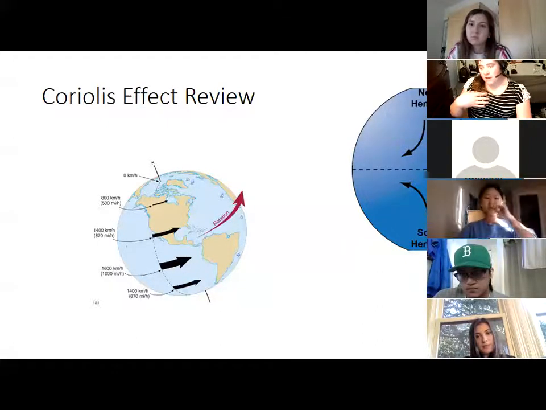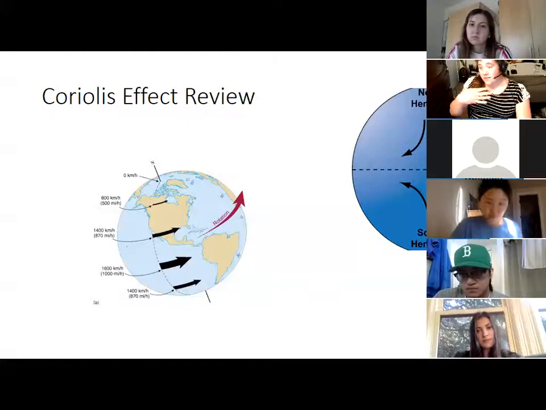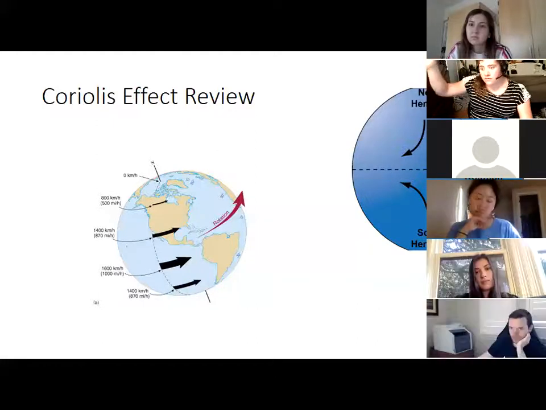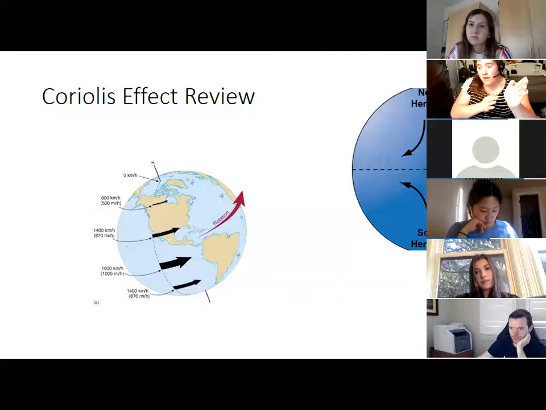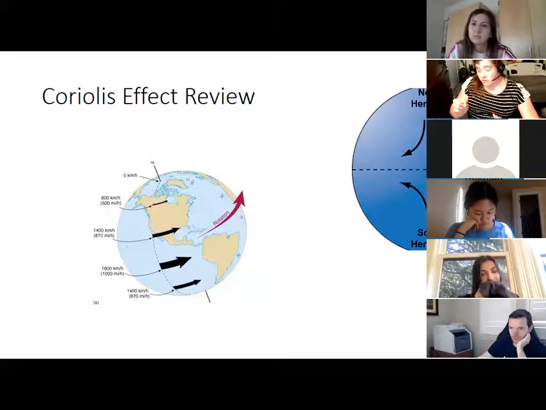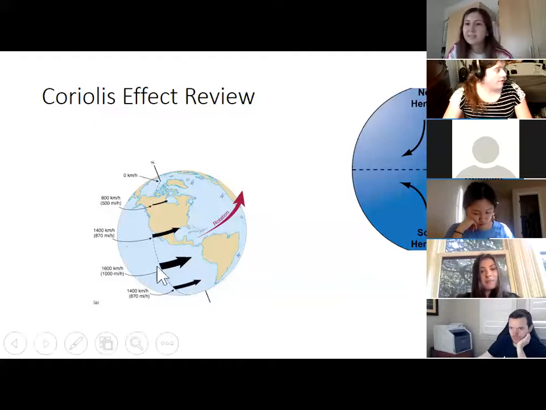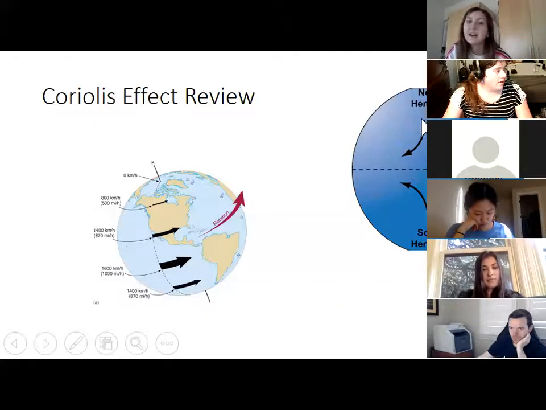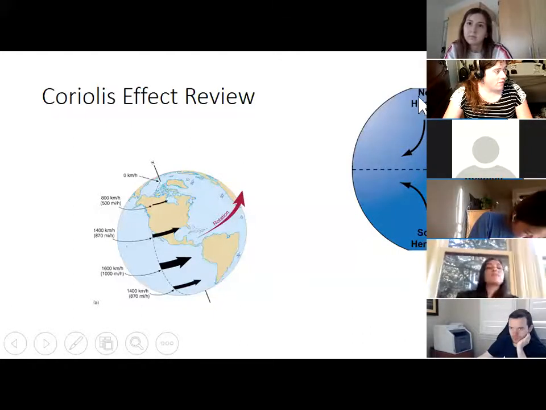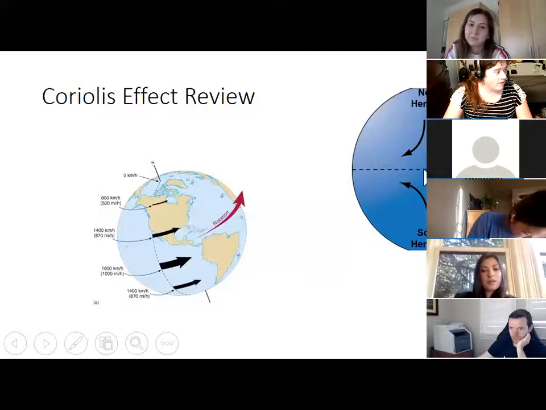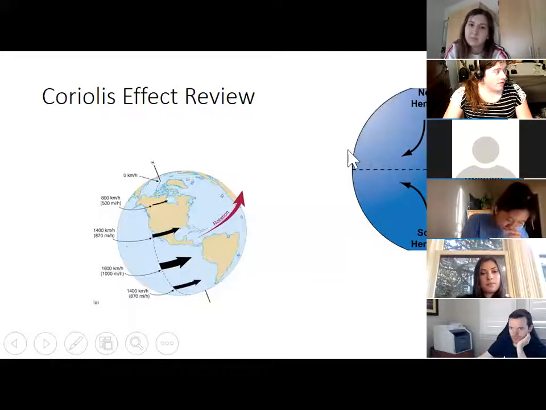But you kind of see what I mean, they get deflected in different compass directions depending on what compass direction they're flowing. But regardless of the compass direction involved, it's going to be to the right of the original path. Can you see the white arrow now? Yeah, I do. Okay, great. So the white arrow now is tracing what the air current would do if there were no rotation. Since there's rotation, it goes over here.